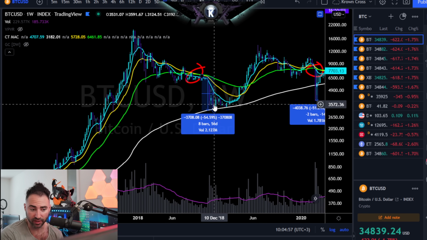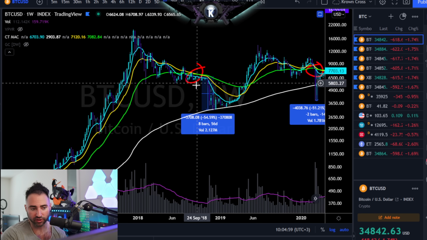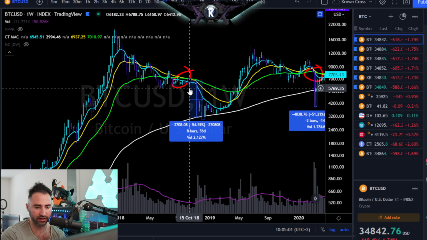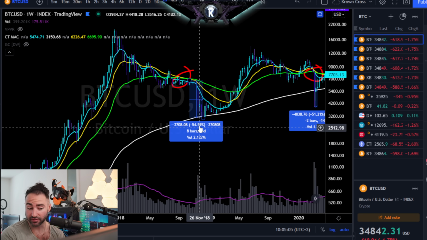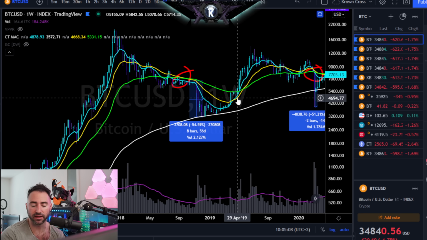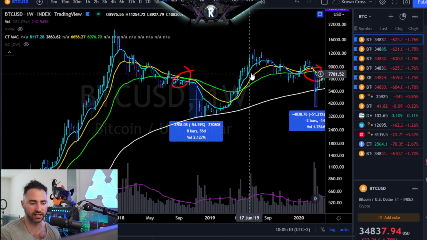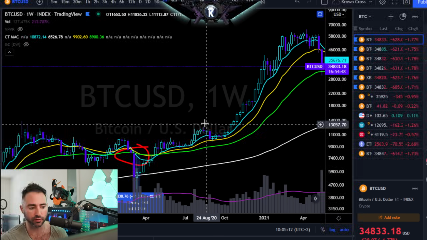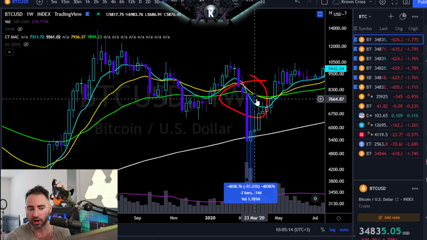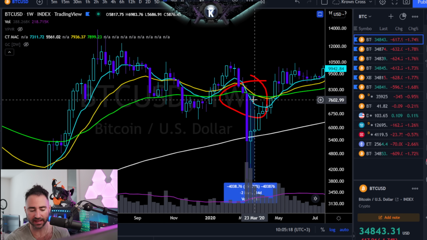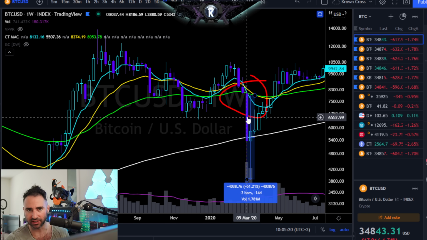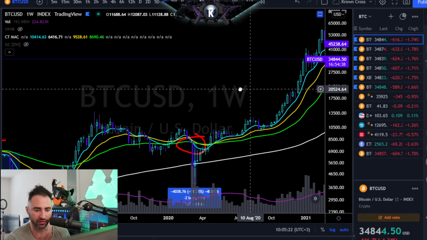Same thing over here in 2018, gets across right here, one last rally attempt. I think that was off of the Tether news or something like that. And then a few months later, 56 days later, I should say, Bitcoin finds its low, and then 3 months later, it gets on a nice rally yet again. This one over here in 2020, obviously this is not going to be a good one. In fact, this one crossed after the fact, because most of this move was done just in one fell swoop, obviously.